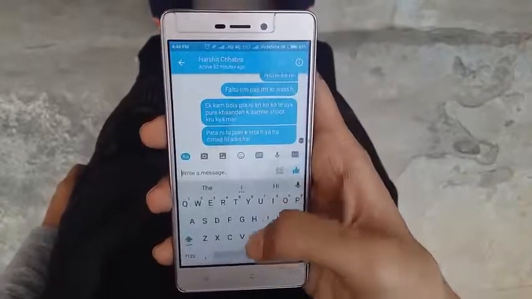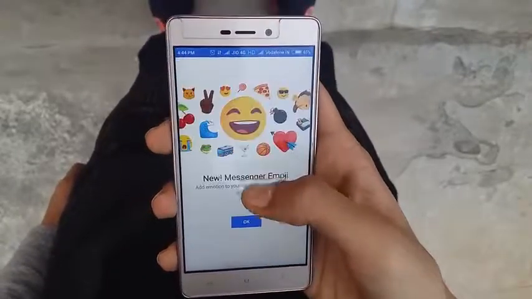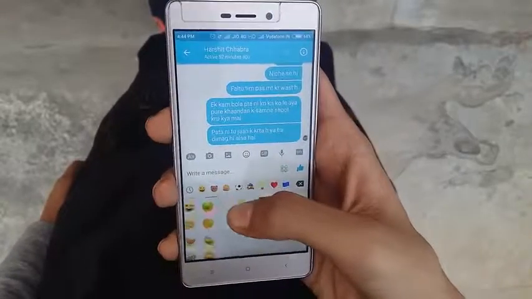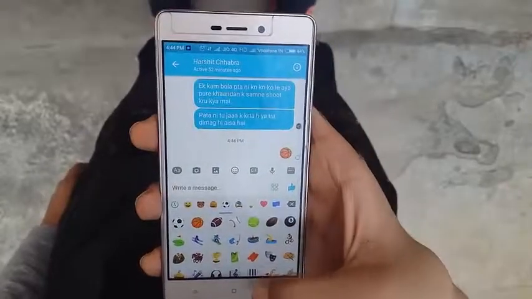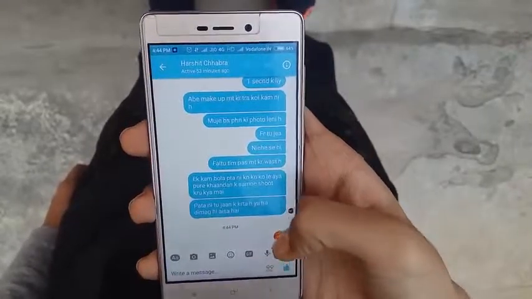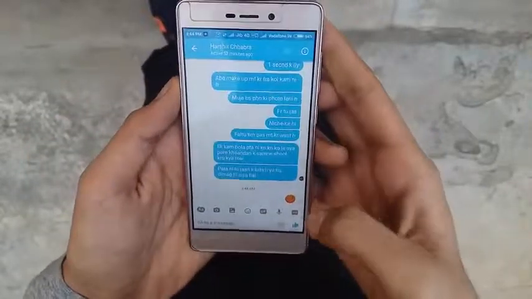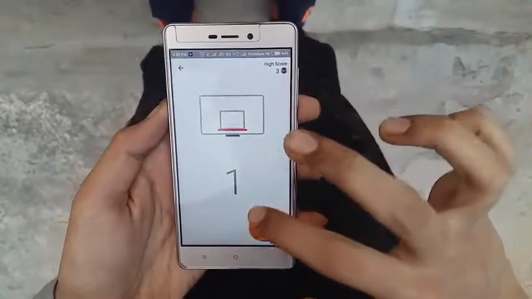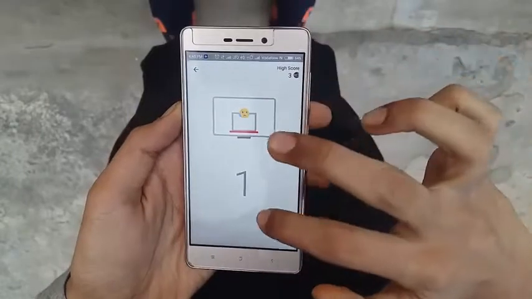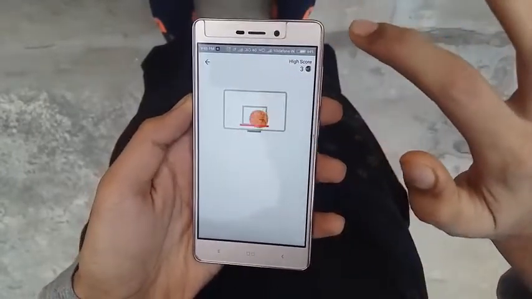And the last game we have is in Messenger, the Facebook Messenger, which most probably you will be using in your phone. Obviously, who doesn't? For that, you have to open up any chat and send the basketball or football emoji to any of your friends. Now tap that basketball emoji and the game will launch. Again, you can make higher scores and compete with your friends online on Messenger itself.